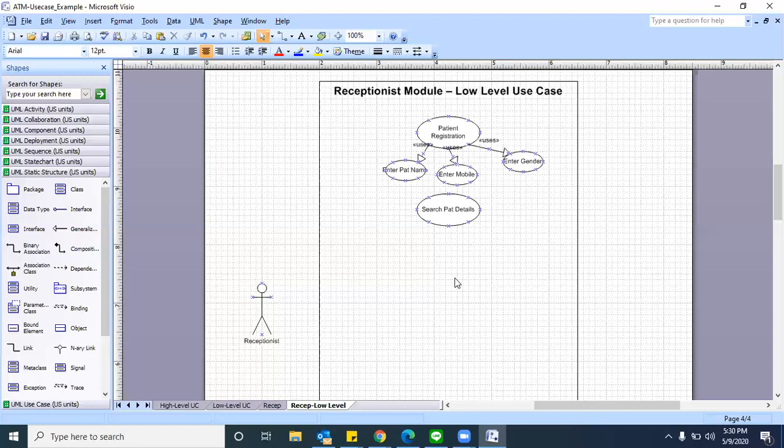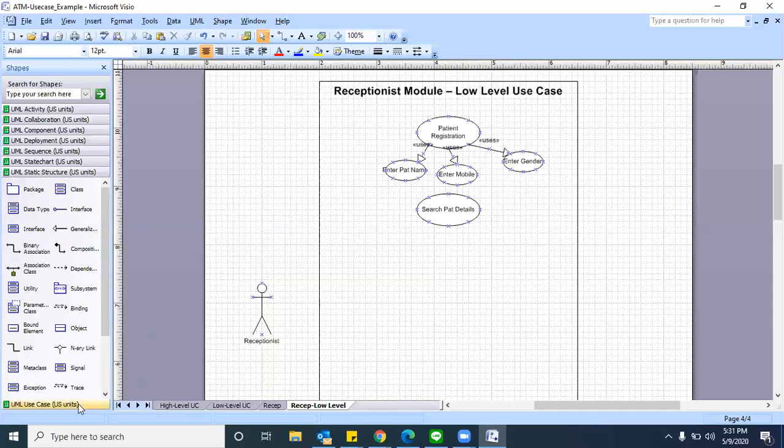Because patient details is an independent use case for me, he can straight away go and register the patient. In a similar way, he can straight away access the search patient details functionality as well, right or wrong? Yeah. If there is any dependency, then you can create all the use cases under one single use case, and you can keep some relationship between them. Make sure the dependency is there.